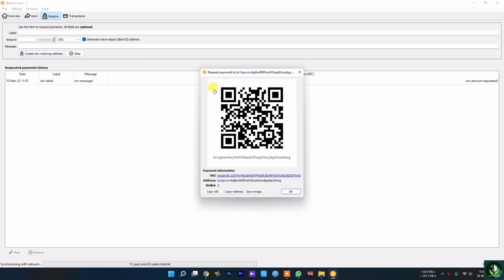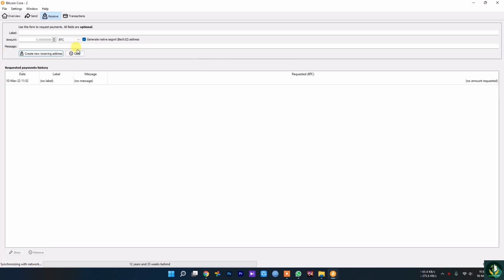And this is the request payment address that you request the payment to. As you can see, this is your address and this is your URL, and that's how you copy the URL or copy the address, or even use the code to get all the information about your Bitcoin address or wallet. So that's all about how to get the address.